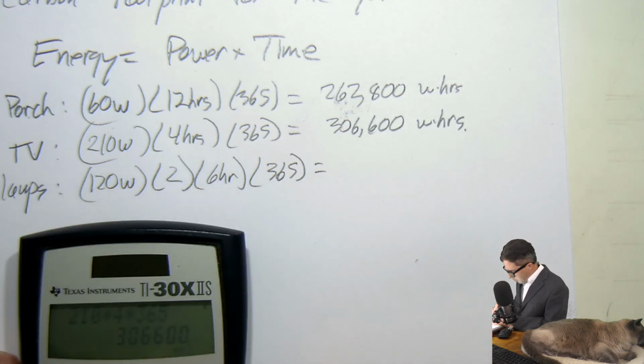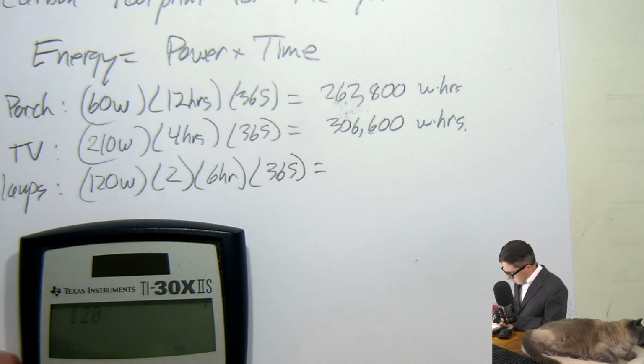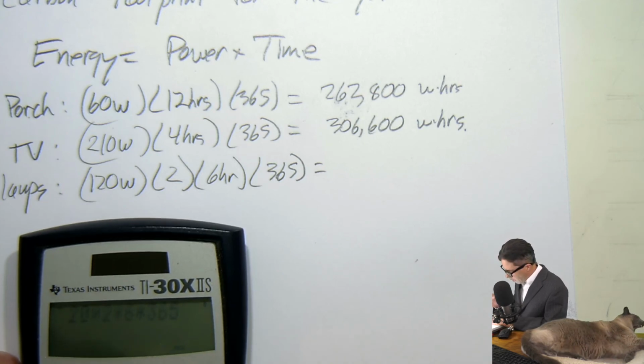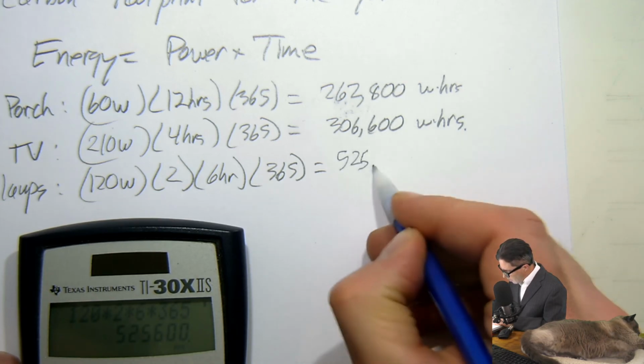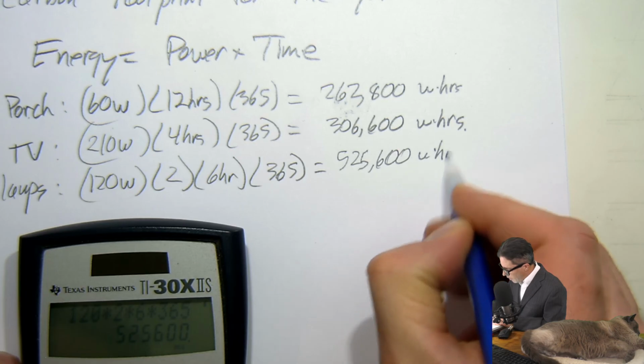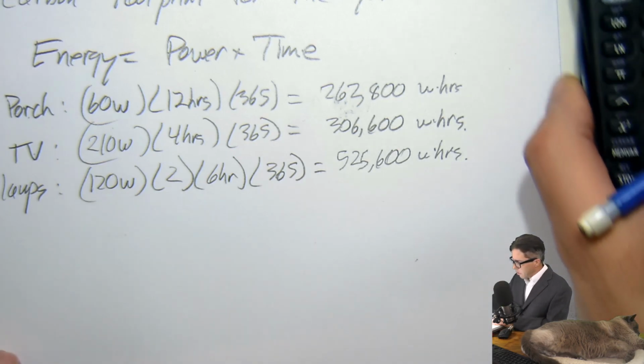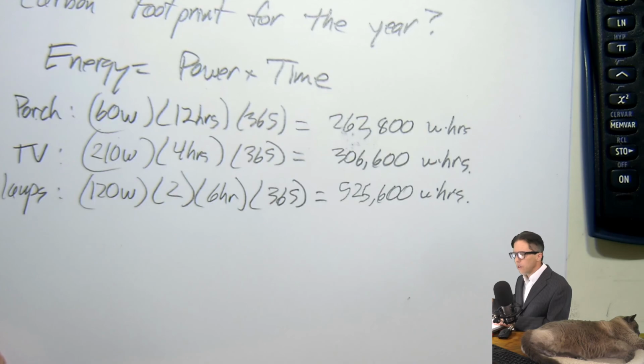And for the lamps, I get 120 times 2 times 6 times 365, 525,600 watt hours. Now what I'm going to do is go ahead and divide each of those by 1,000